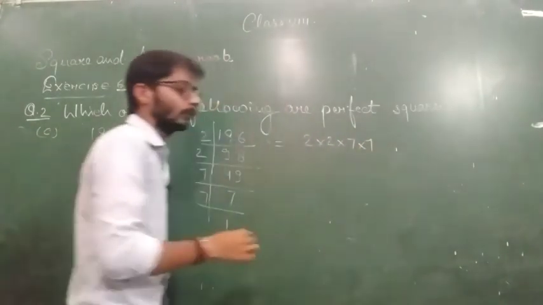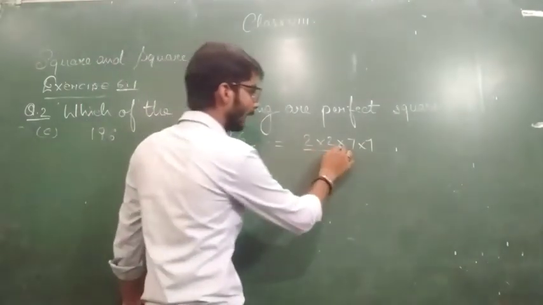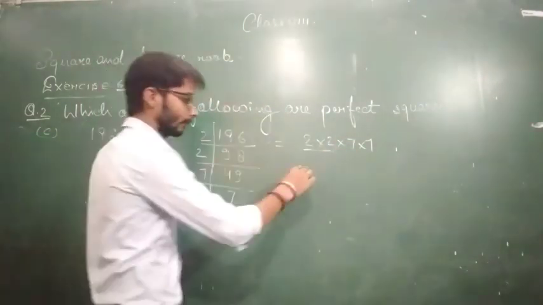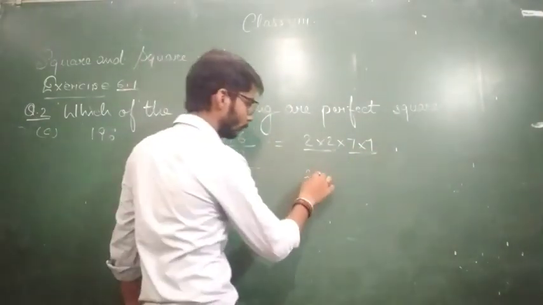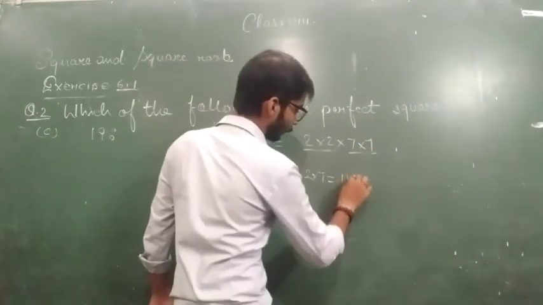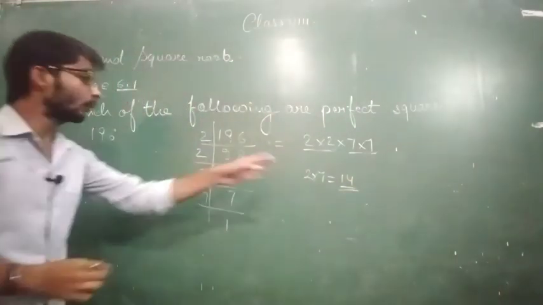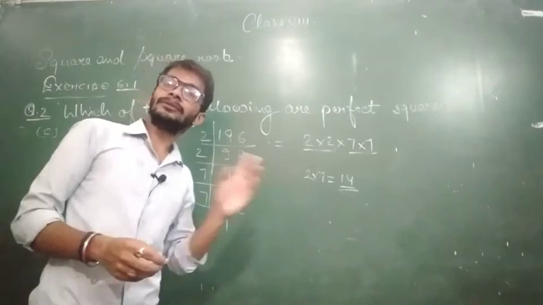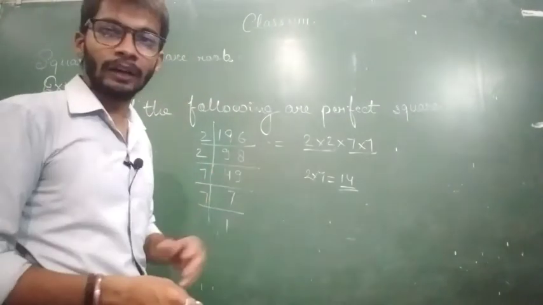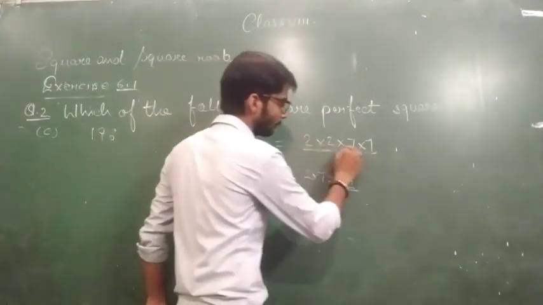Now here look at the values. The 2 and 2 का हमको एक पेयर मिल गया है और 7 का एक पेयर मिल गया है, तो हम 2 into 7 लिख लेते हैं और ये हो जाता है 14. तो हमें ये पता चला है कि ये 14 का स्क्वायर है, या स्क्वायर रूट ऑफ द 196 इज 14. तो ये परफेक्ट स्क्वायर वैल्यू होगी क्योंकि इसको हमको इसके पेयर भी मिल गए.